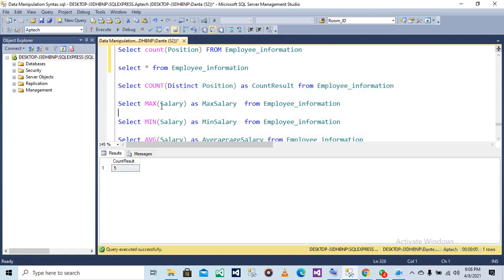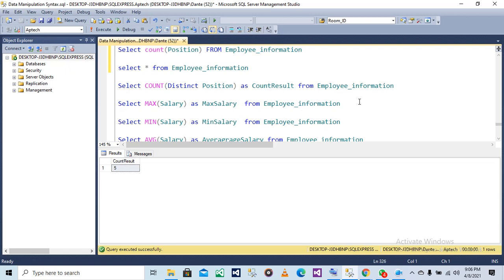So this is select max salary as maximum. You cannot use it on name, address, all those kind of things. You can only use it on values. Select max salary. Select the highest salary from employee information. So if you have a table with rows of like 1,000, you want to know the highest profit. If it's profit, it doesn't have to be salary. We're just using this table for instance.